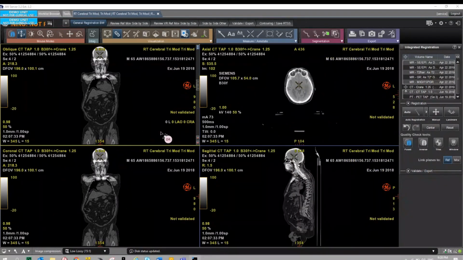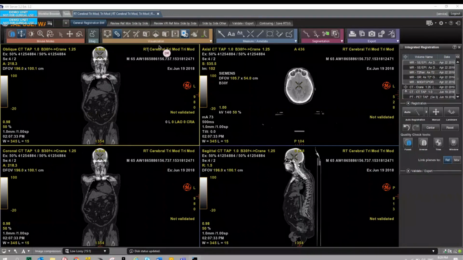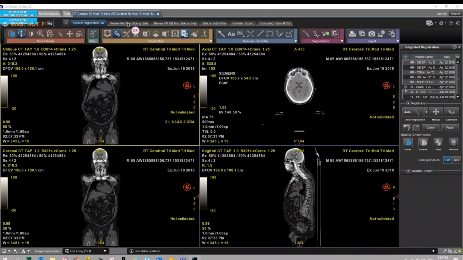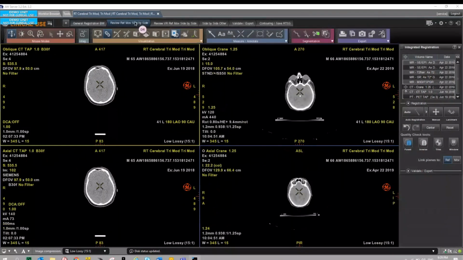So we have here the user interface that is also configurable with different buttons, where with just a drag and drop, the user can adapt his workflow using what we call the review button that automatically goes to an automatic display that is presettable by the user.